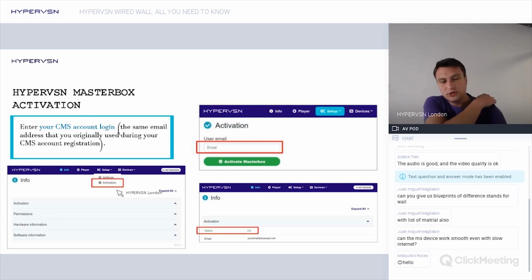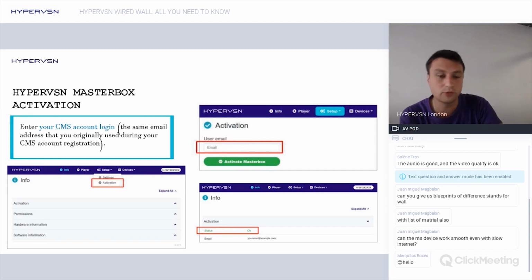Just go to Setup tab, press Activation. Put your user email, the one which you are using to log in to platform.kinoma.com. So just use the same email in order to activate Masterbox. Then press Activate Masterbox, and the Masterbox